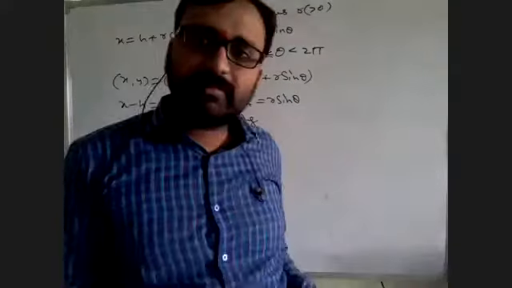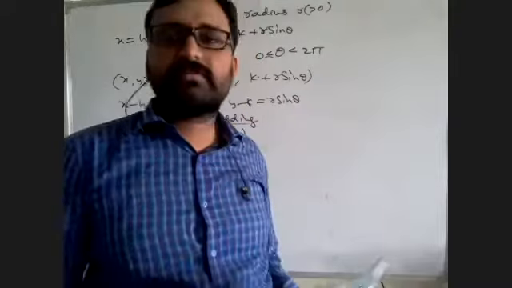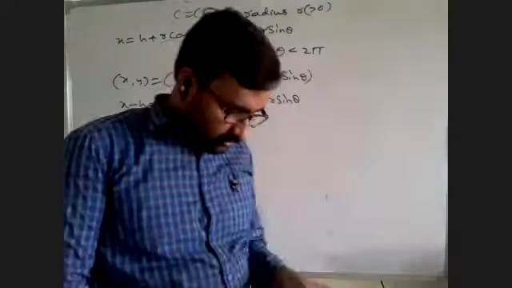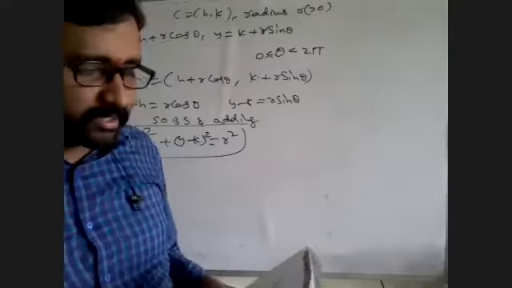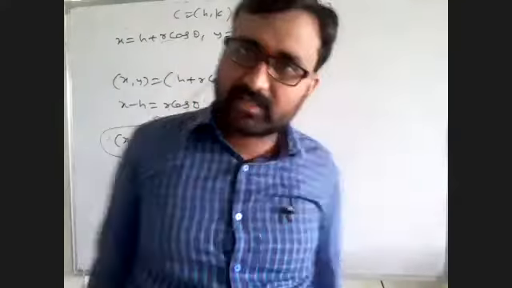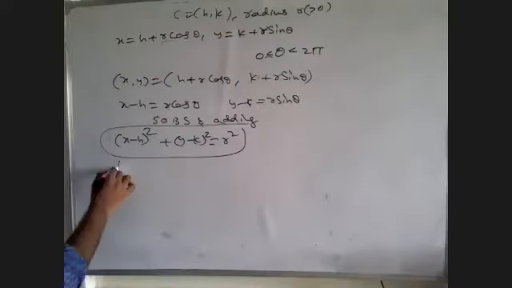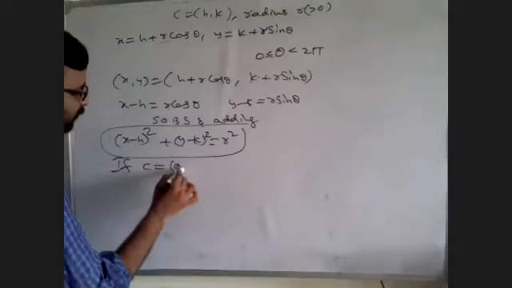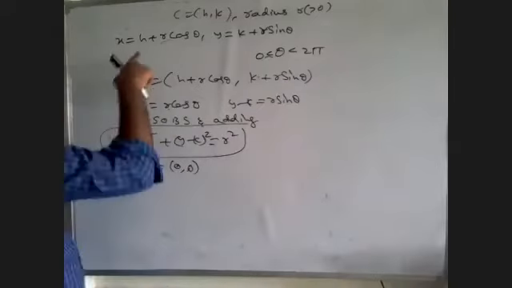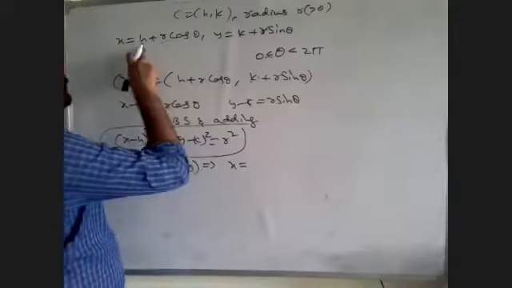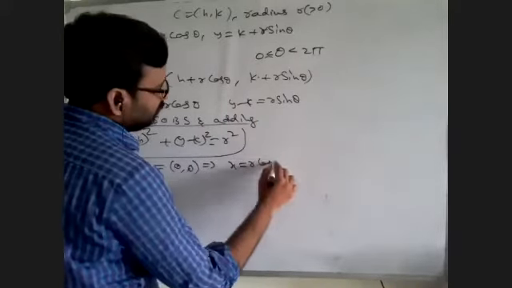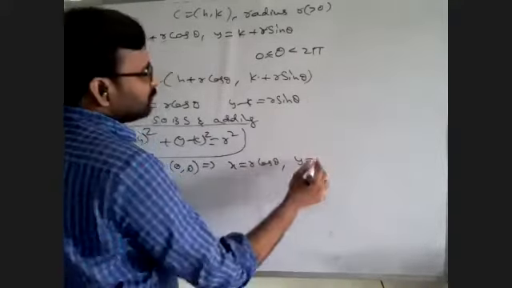If it satisfies, then there is a parametric equation with some parameter. Here the parameter is what? R is the parameter. Okay. So this is about parametric equations and some conditions there. That is, the parametric equations of the circle with center 0 comma 0. If center is 0 comma 0, then h comma k is what? 0 comma 0. Then the parametric equations will be x is equal to r cos theta, y is equal to r sin theta.